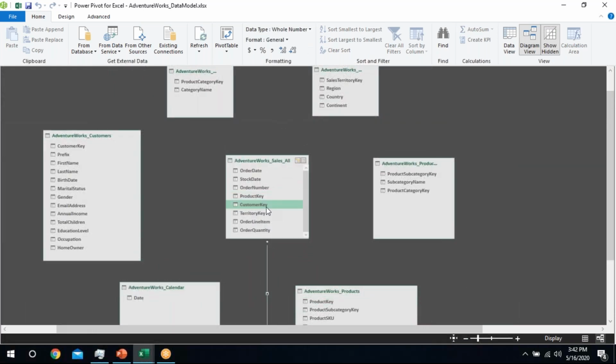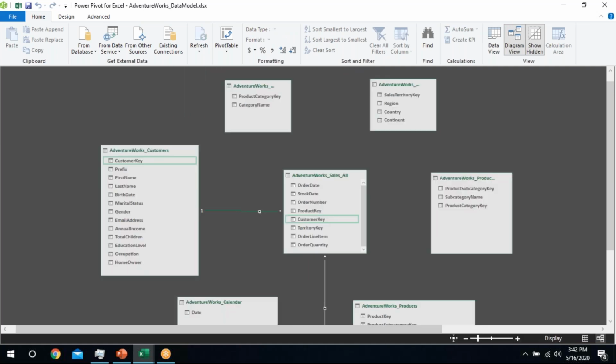Second, we have customer key. Again, clicking on this customer key, dragging to the customer key in the dimension table. It will create a relationship. Again, we know that this is a one-to-many relationship. We have a single primary key in the customer dimension table, and multiple foreign keys in the data table of Adventure Works sales.